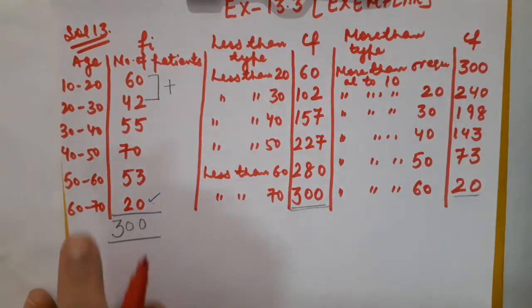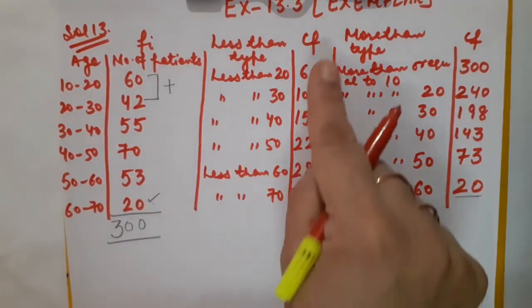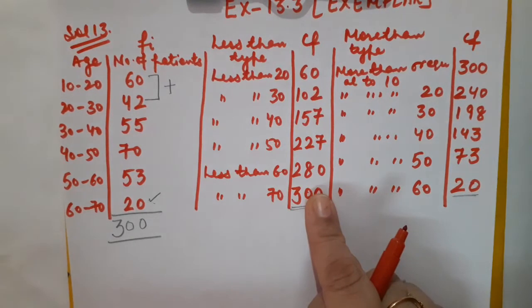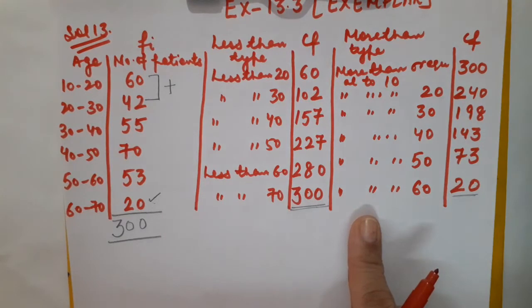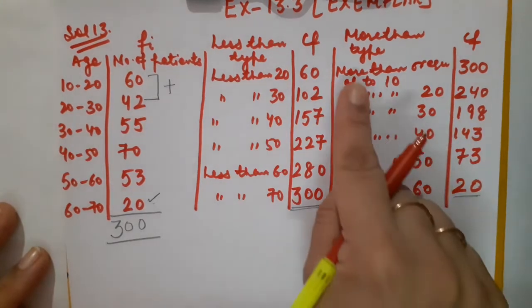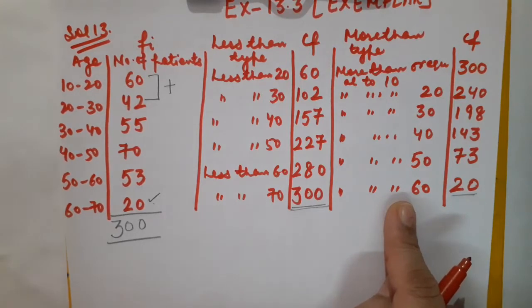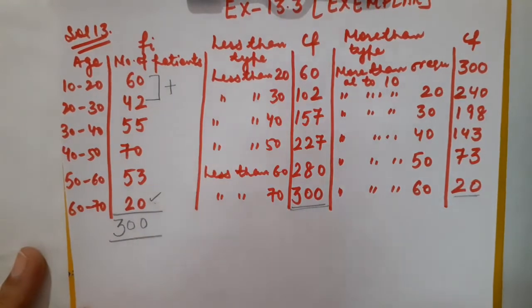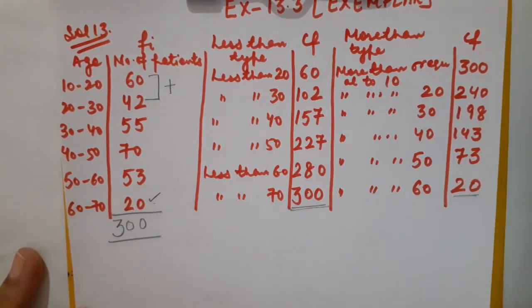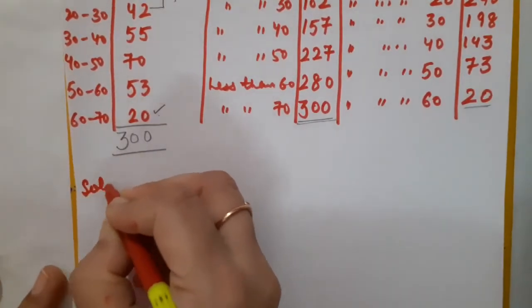Now this was all about when we have intervals as well as frequencies given. So I have just made you recall how to make a less than cumulative frequency distribution table, and this is the new concept which you have learned, how to make a more than cumulative frequency distribution table. Correct? Now children, suppose you have this more than frequency distribution table given and I ask you to make just a frequency distribution table using class interval and the frequencies, then what steps are we going to adopt for that? Okay, so I am going to take one more example, that is question number 11 from your NCERT exemplar.